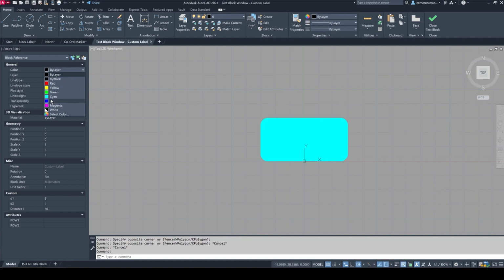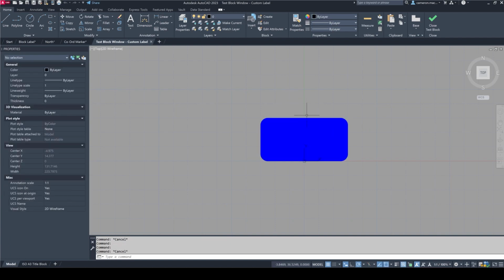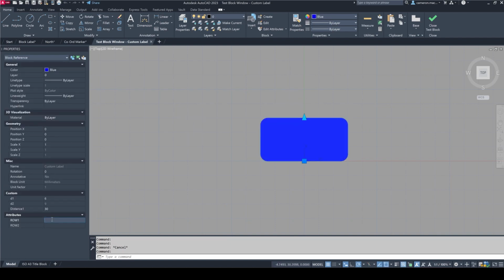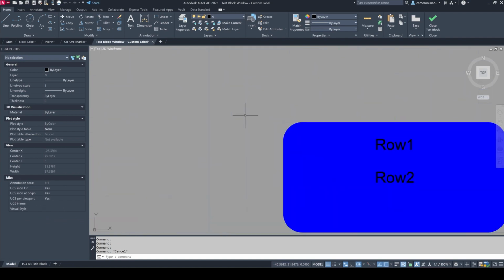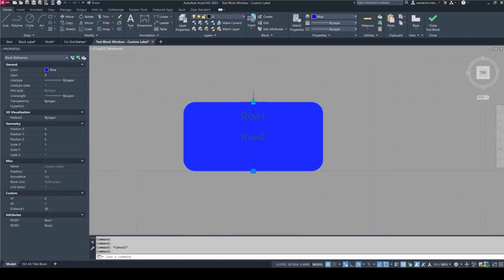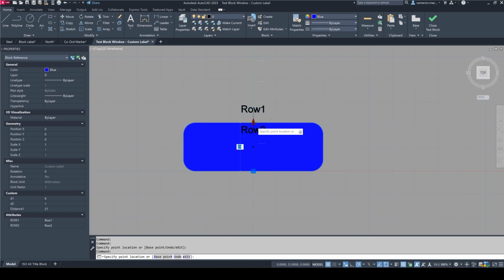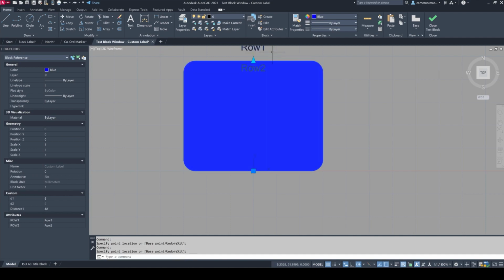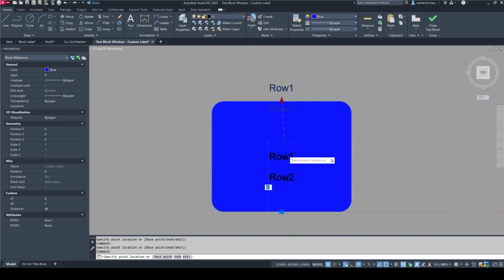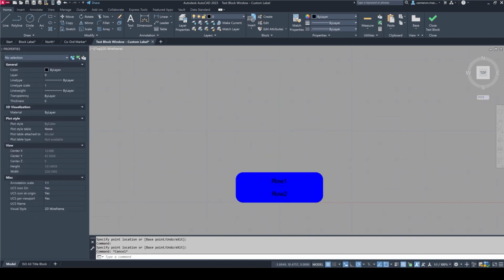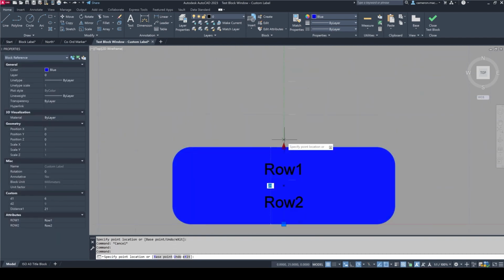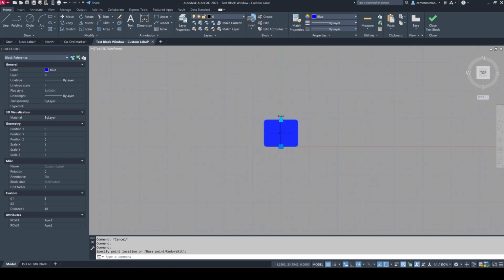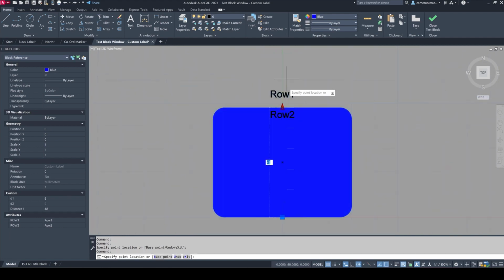So I'll go in and I can choose any color that I want to associate to it. And then for row 1, I can type in row 1, row 2, I can type in row 2. And we can see the text is there. The blue might be a little bit dark, but we can handle that. And if I drag that down to, let's try that one more time, down to the 2 rows, we've got the 2 rows there. If we go up to 5 rows, it seems to have placed them on opposite sides, but if I just quickly tweak that,